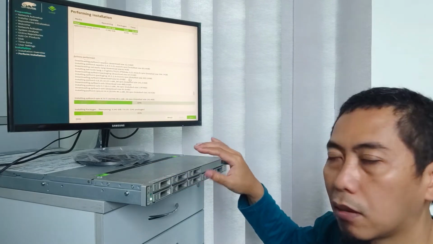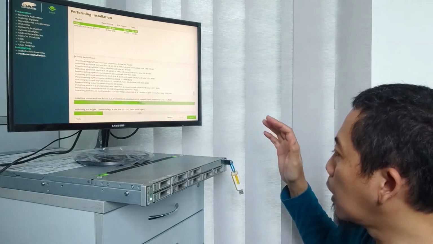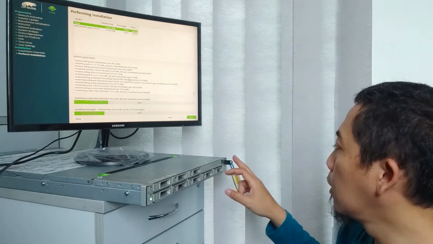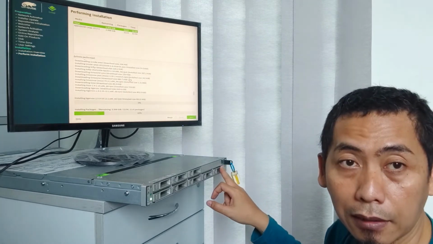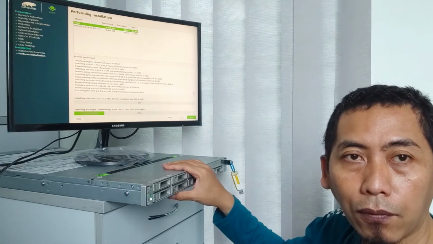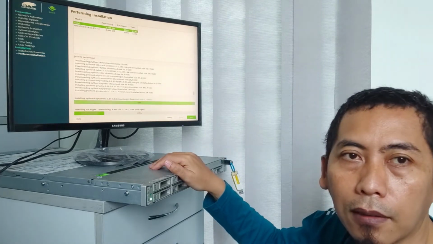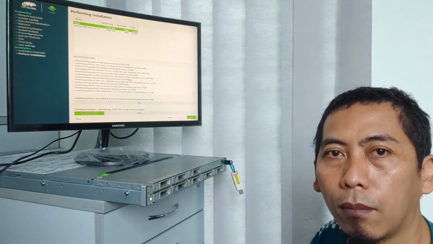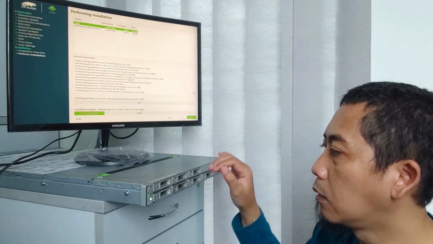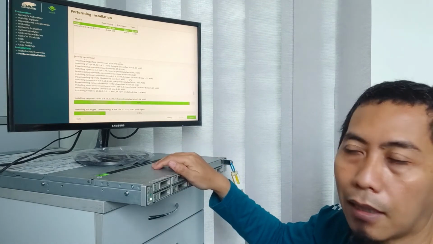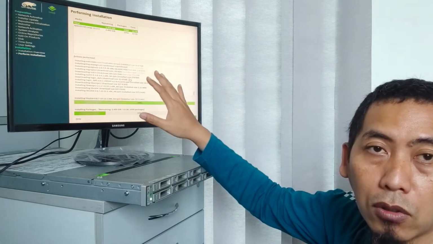But because this is not connected to the internet, it is always installing everything from my flash disk. Later on, if we connect the server to the internet, it will download from the cloud, I mean from the internet, the OpenSUSE servers, and install to the server.